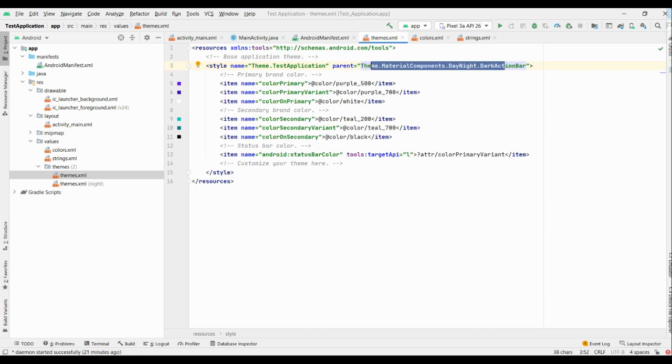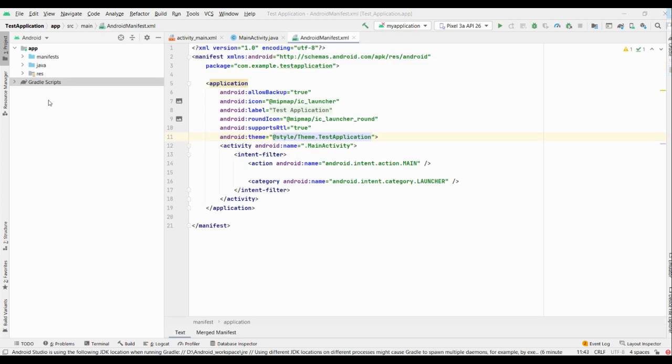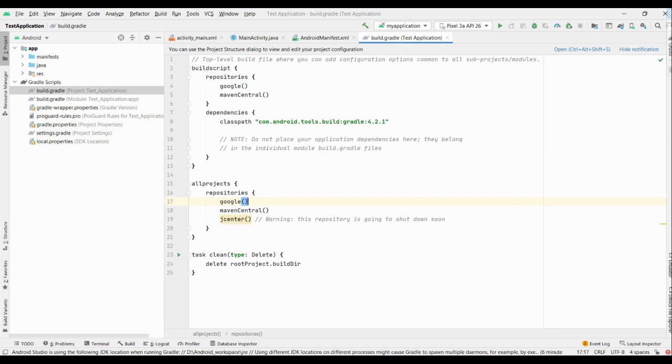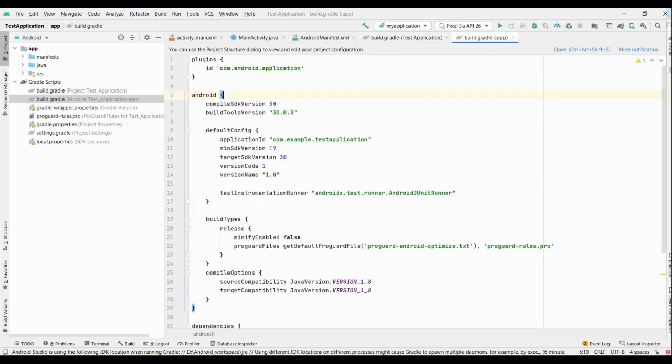Okay, now we see Gradle scripts. When you create a new project, Gradle scripts are given by Android itself. Here we can see two build.gradle files. One is at the project level, or we can say global level, and another is at the module level. If you see this app folder, what you are seeing is the module.